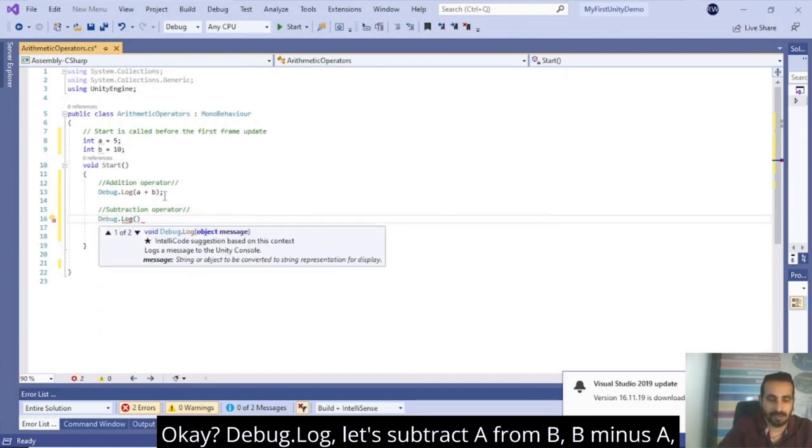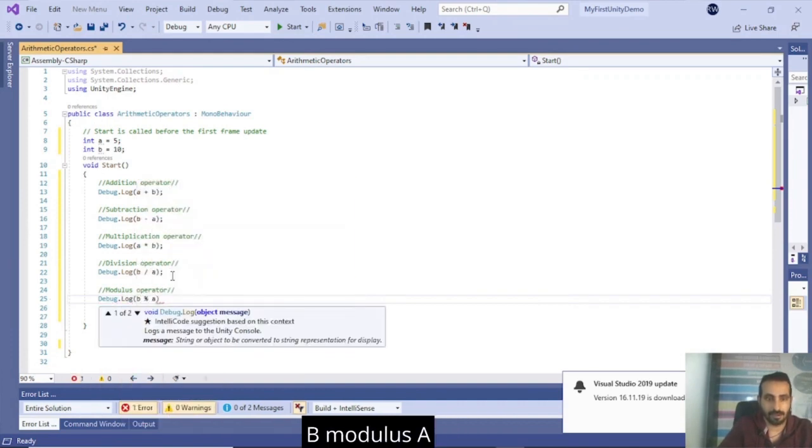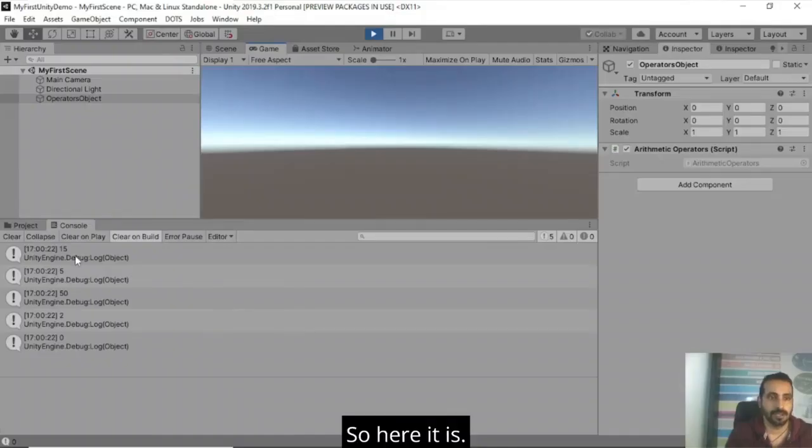Debug.Log. Okay, let's subtract a from b: b - a. Debug.Log(b % a). So here it is. Here is the